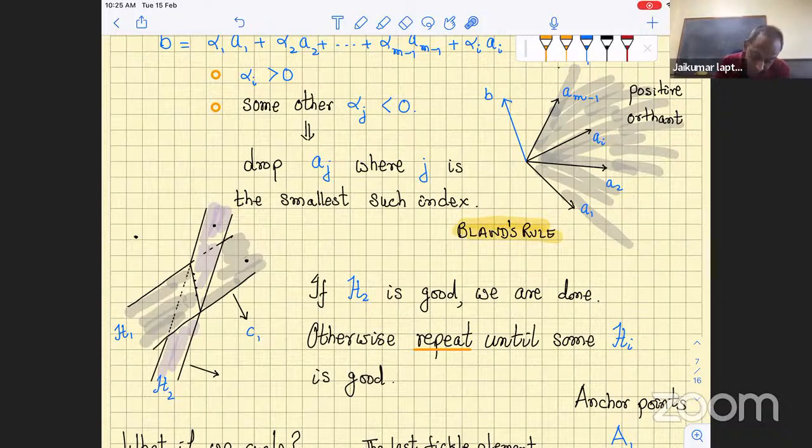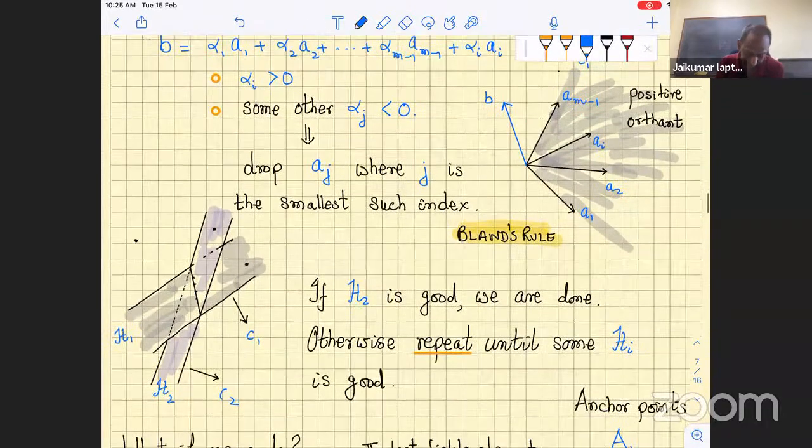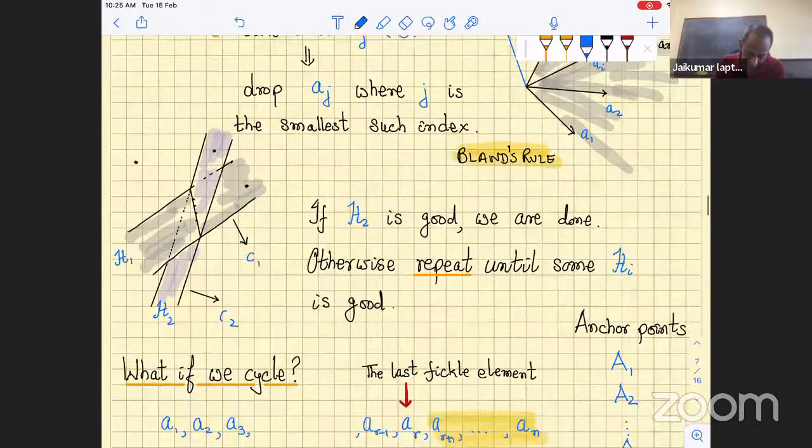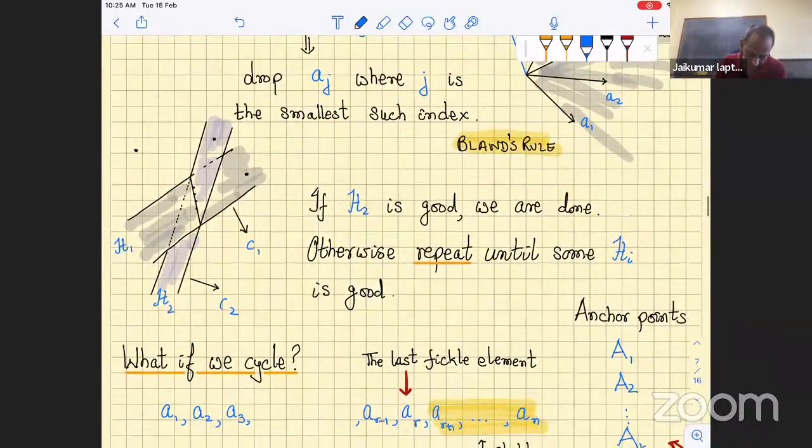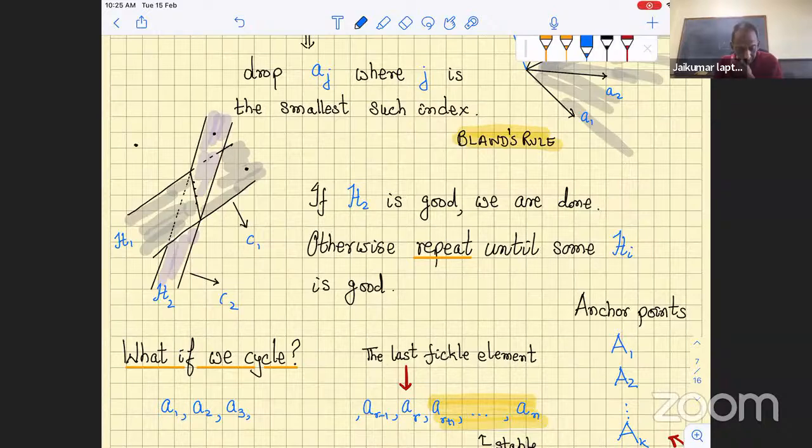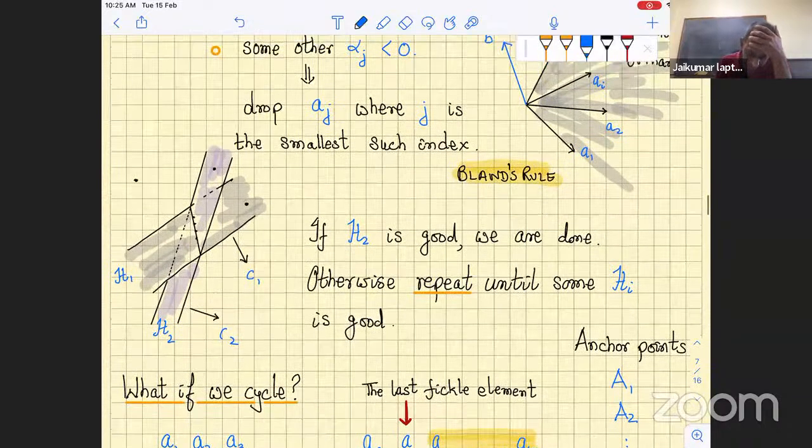Now, look at its normal. Maybe it should be called C_2. And we arrange it so that B is on one side. Okay. So the other thing to verify is